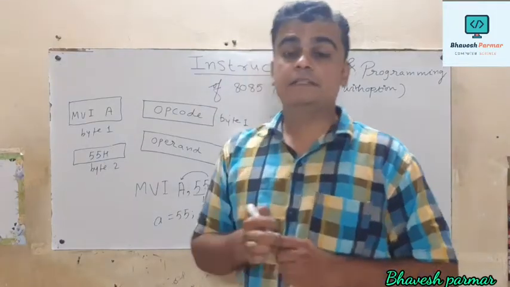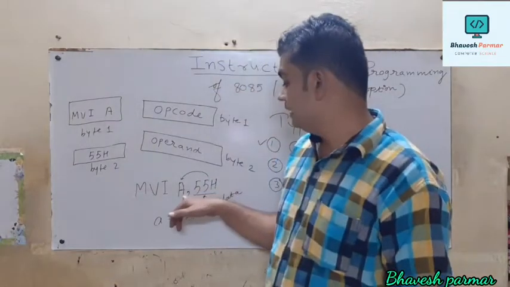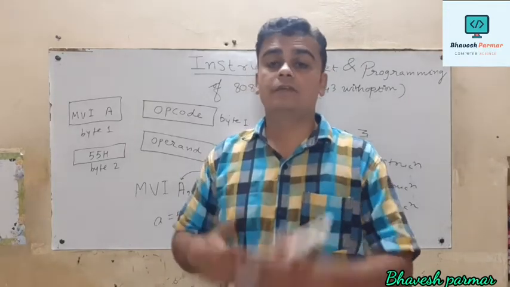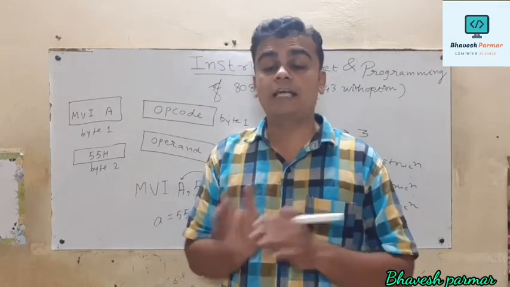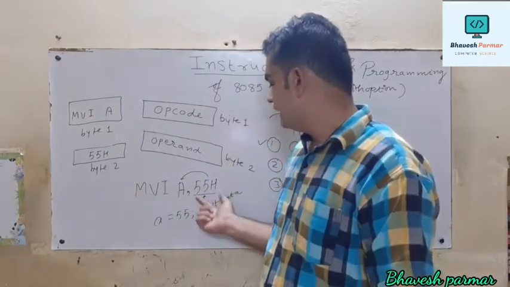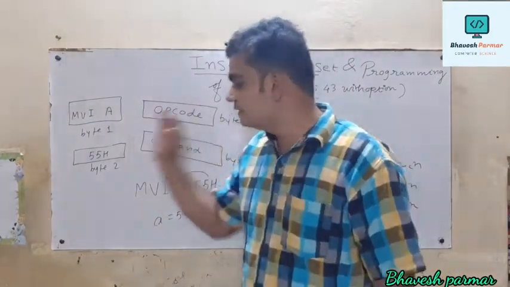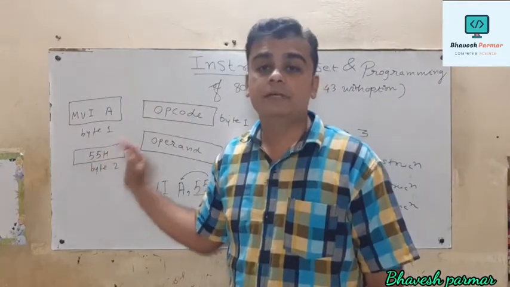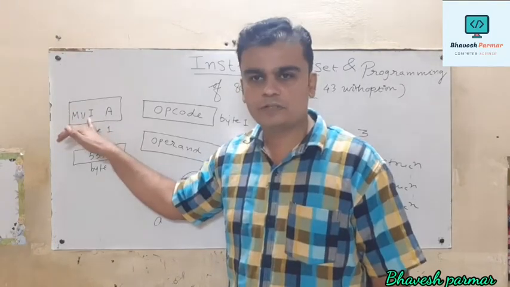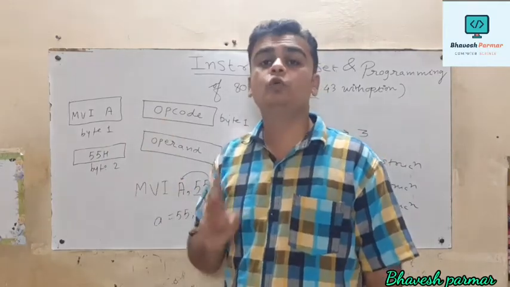Is that clear? But there is a big confusion among most students. Sir, you say that A, B, C, D are various registers and we perform operations on registers, so why is A not an operand? Generally, when we write 8-bit data, meaning a 2-digit hexadecimal number, it occupies a separate 8-bit memory location, that is 1 byte of memory. So 1 byte of memory is reserved for the instruction and 1 byte of memory is reserved for this data. That's why it is called a 2 byte instruction.